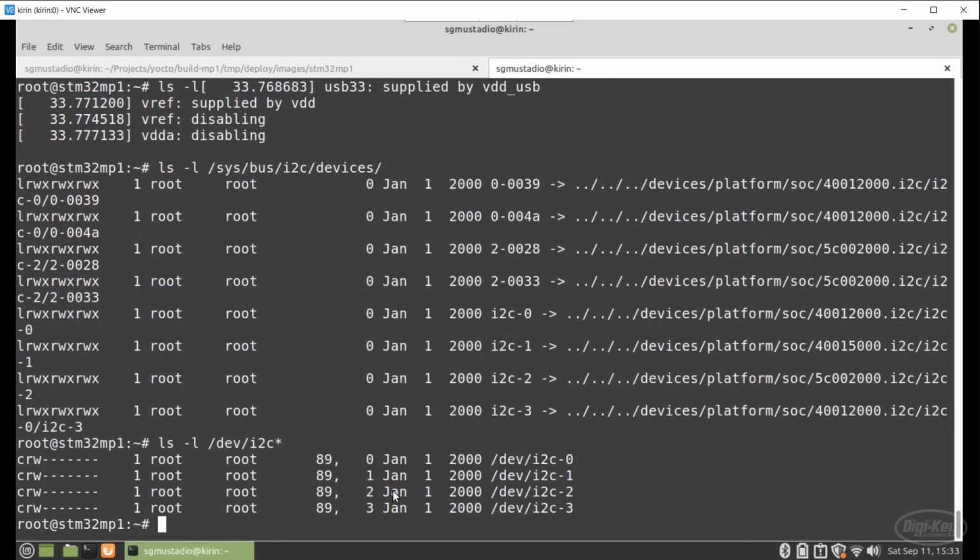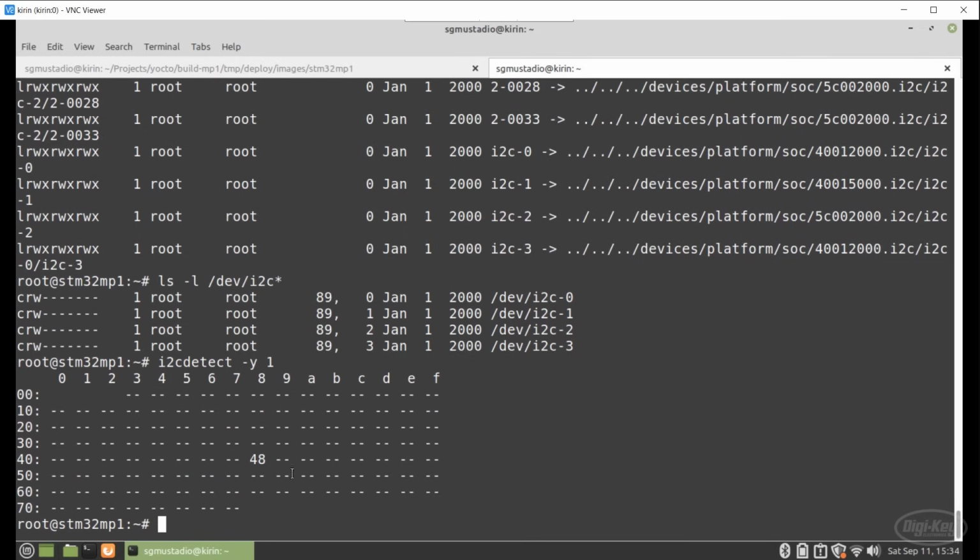Assuming we have our TMP102 temperature sensor connected correctly to the board, we should be able to call i2cdetect, which is the new tool we just installed when we configured BusyBox, -y, and the port number, which should line up to i2c-1 according to this device, which is actually I2C5 on the physical device. So if we run that, sure enough, we get our address, which is hex 48, to appear